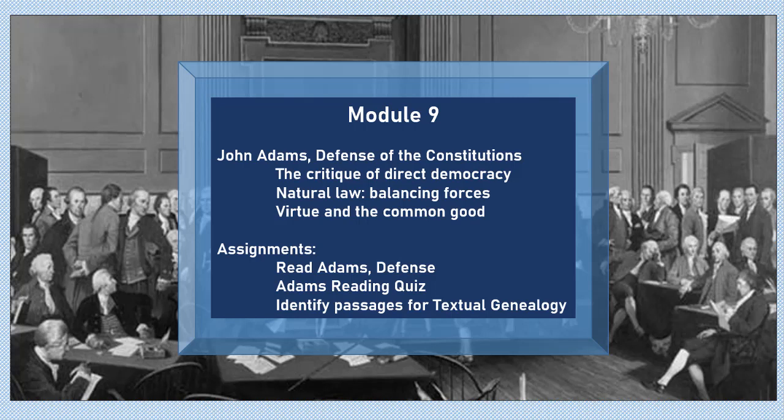A unicameral legislature is expressed in the Pennsylvania Constitution, and a bicameral legislature, as we saw in the New York Constitution. The primary theme that we want to get out of this text is Adams's critique of direct democracy. You should think of this text as the counter-argument to Thomas Paine's Common Sense and his depiction of a simple natural government in which every man should have a natural right to a seat, if you recall.